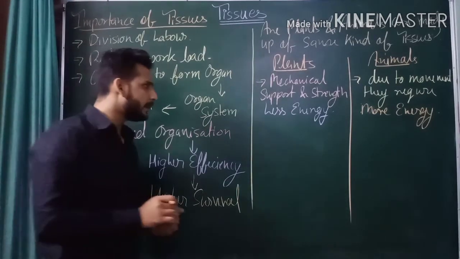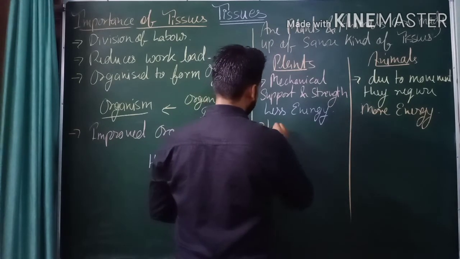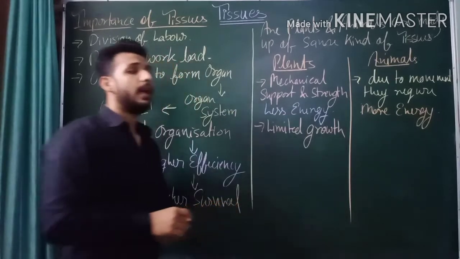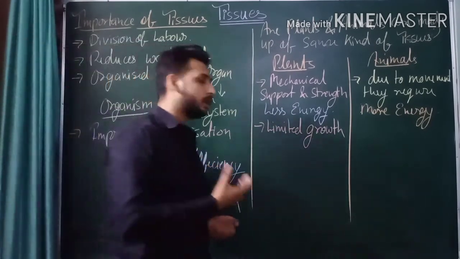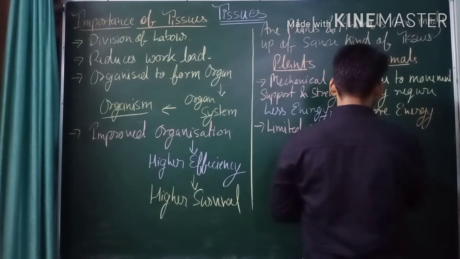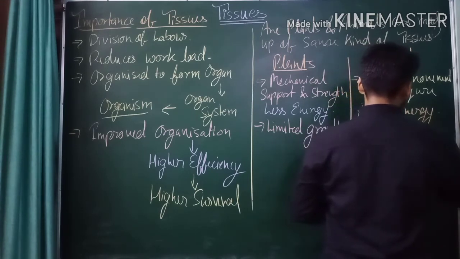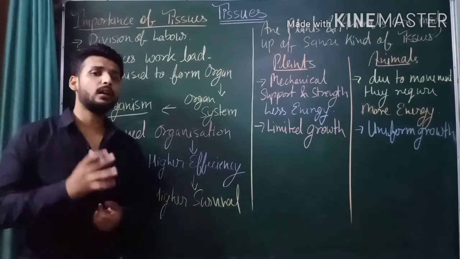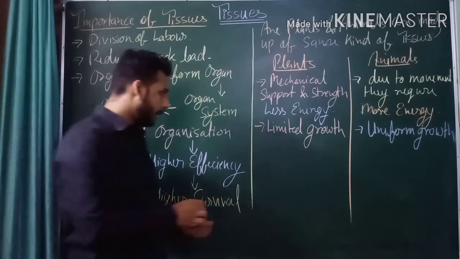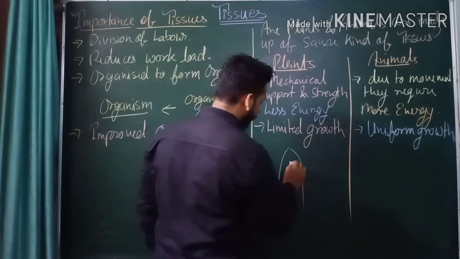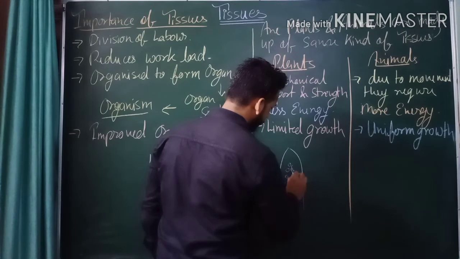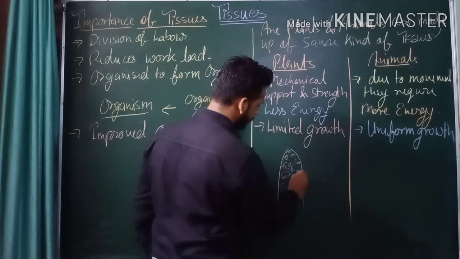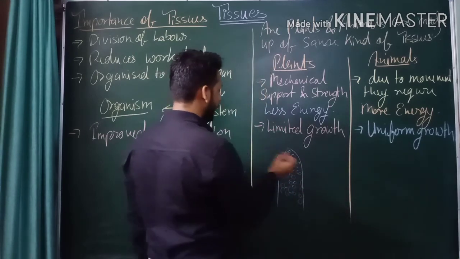In the plant tissues, growth is limited. Whereas in the animal tissues, the growth is uniform. Limited, you can say it occurs in a limited part only, like here is a root tip. Here the permanent tissues are present in the middle portion and meristematic tissues are present at the tip and side region. So the growth occurs,